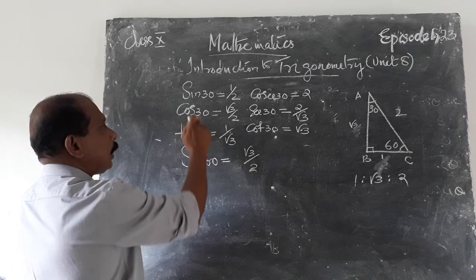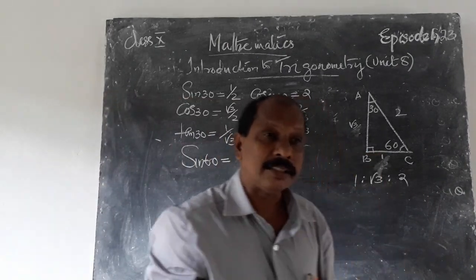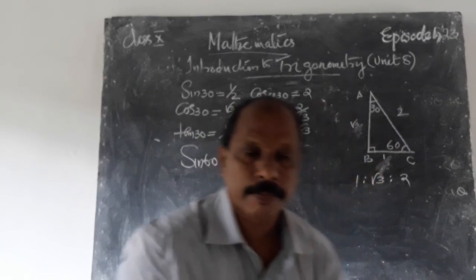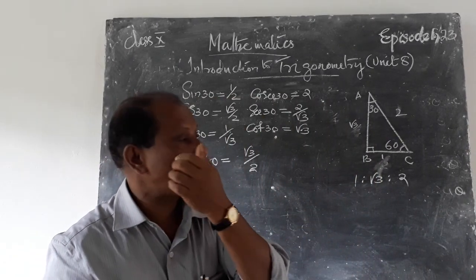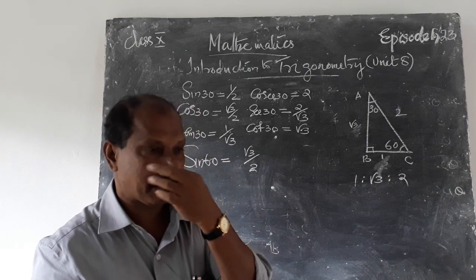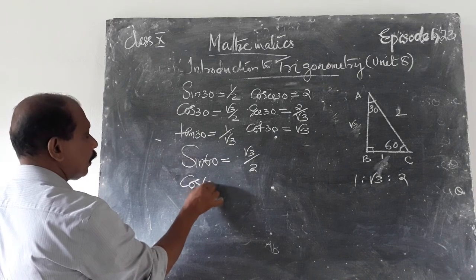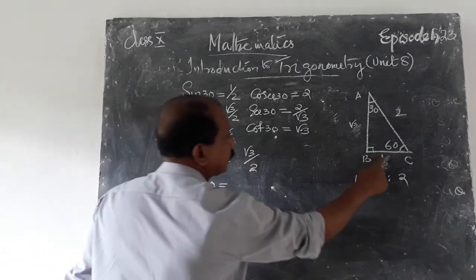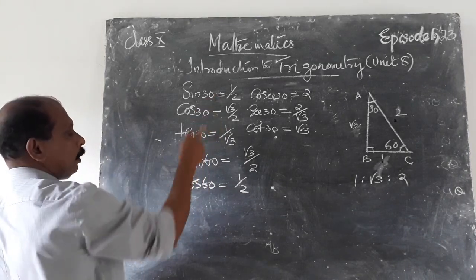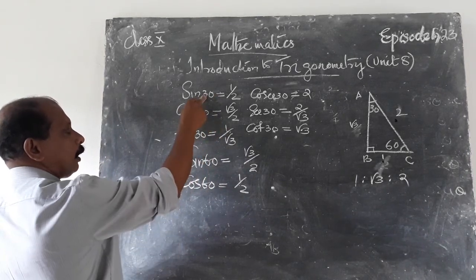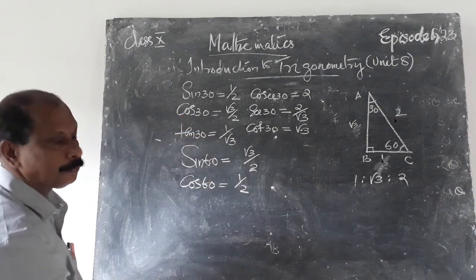The sum of these two angles is 90 degree, 60 plus 30. That is, sin 60 is same as cos 30. Sin 45 1 by root 2, cos 45 1 by root 2, they are equal. Sin 45 is same as cos 45. Then cos 60 is equal to adjacent side by hypotenuse, that is 1 by 2. It is sin 30, cos 60 and sin 30 are equal. Sin 60, cos 30 are equal.